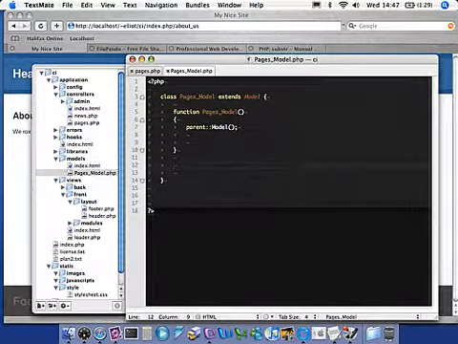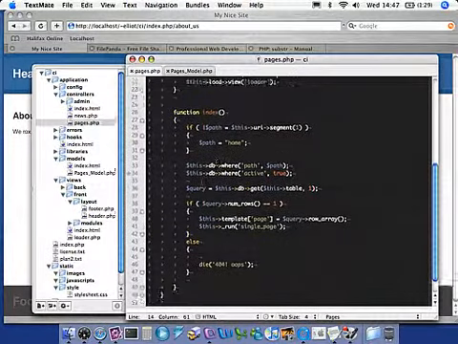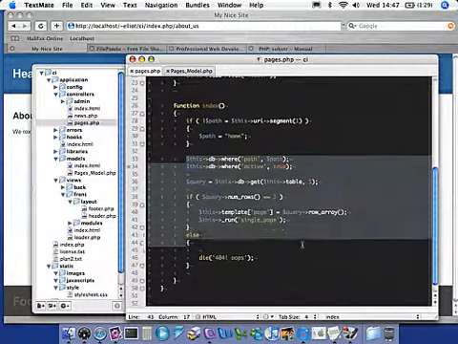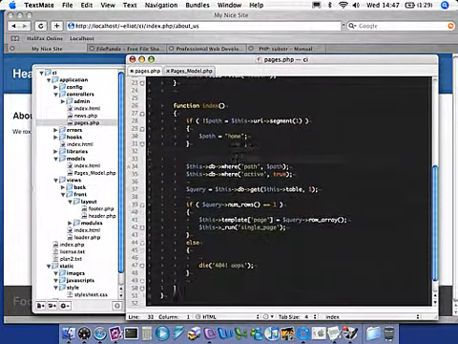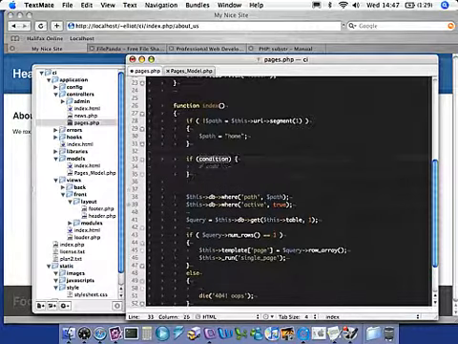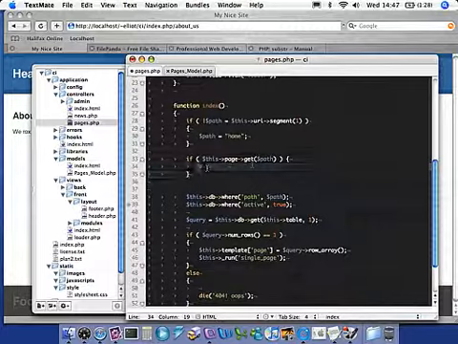Now, the reason for using a model is quite simple. Here, we do a database query and we test whether we've got a number of rows. It would be much nicer if we just did this. So we just say if this page get, and then we just send the path through. If that returns something, then we're going to just do,